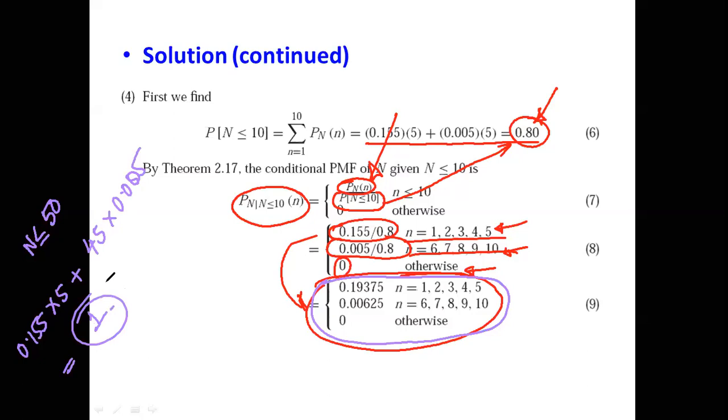Yes, sir, it's 1. Okay, so if you do that, actually this will become 1, because the probability of n conditional on n will be equal to 1. Because if we already know n, what is the probability of n? 1. From the theory, we know that if we already know the n value, then the probability of n will be 1. So our theory is satisfied in this example. Okay, is there any other question? No, sir. Okay.